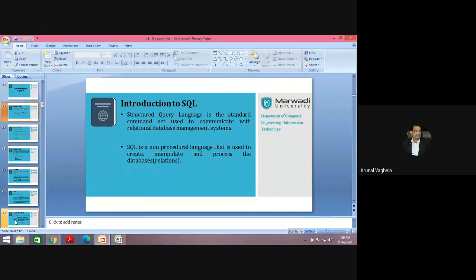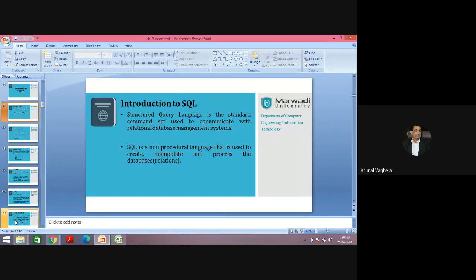The DBMS that we are using is of Oracle. Oracle is the DBMS, but SQL is the language between user and the DBMS. We can use SQL as an intermediate tool to create, delete, or update or extract the data from the database.